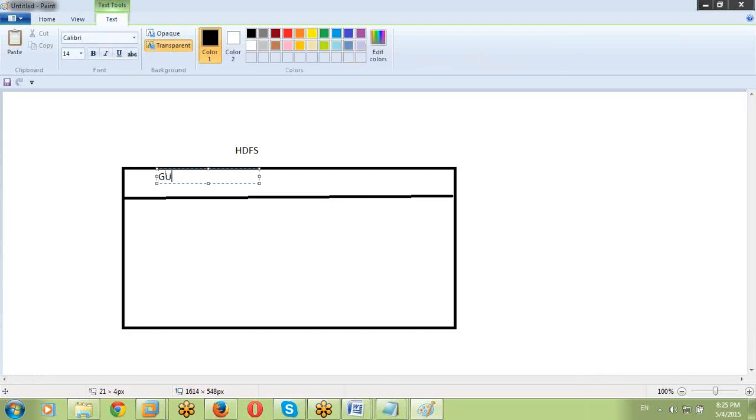The path of the Hive is user Hive warehouse. So all our tables are created by default in this path only. In user Hive warehouse, all our tables are available.